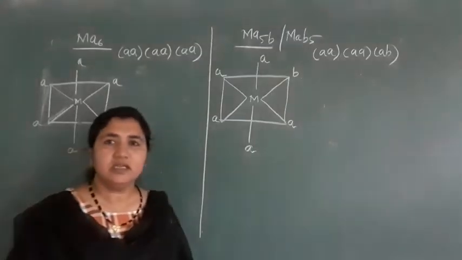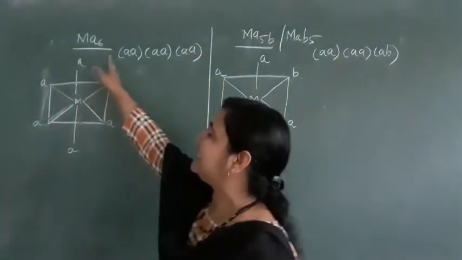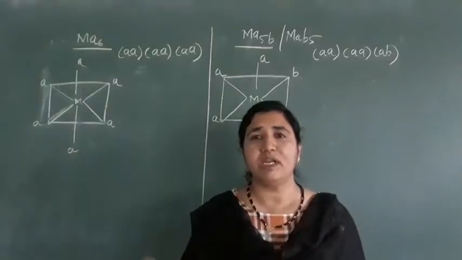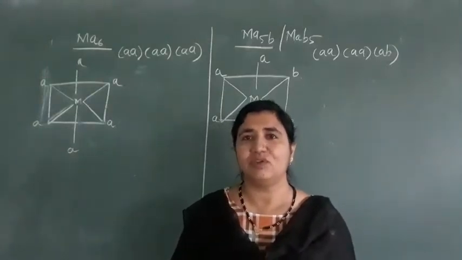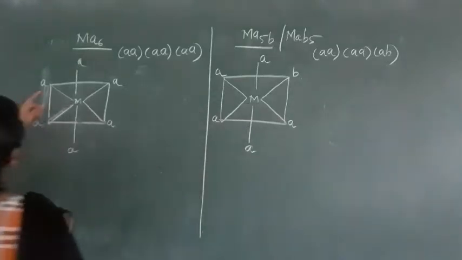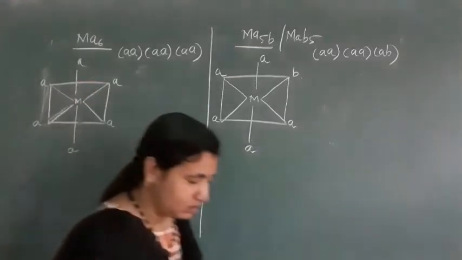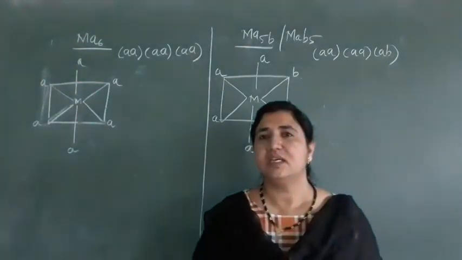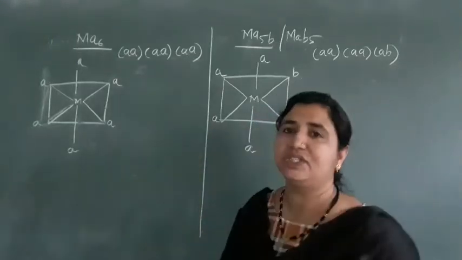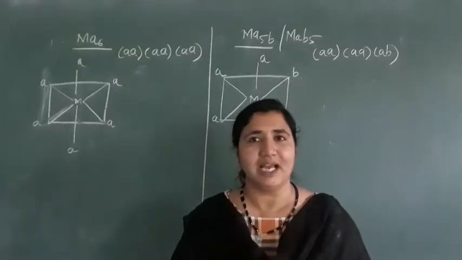So in octahedral, the first case we will see is MA6. In MA6, all the ligands are the same, homoleptic. Homoleptic means there is no geometrical isomerism, same like square planar here. Even if we change their positions, see here, there are two methods. In this easy trick, we just have to make the combinations, and count how many combinations are possible.